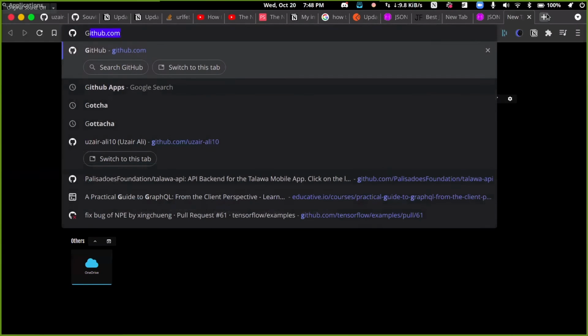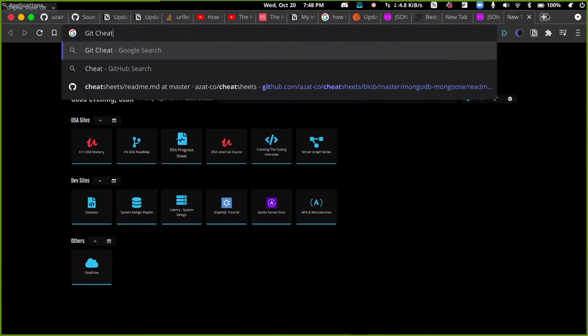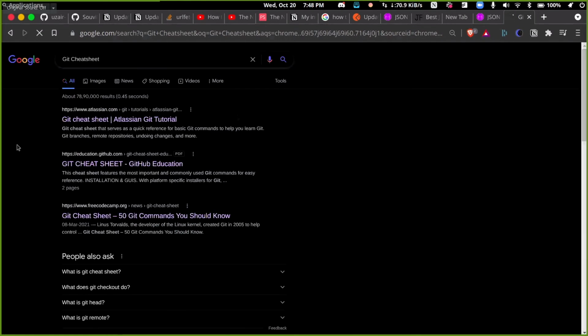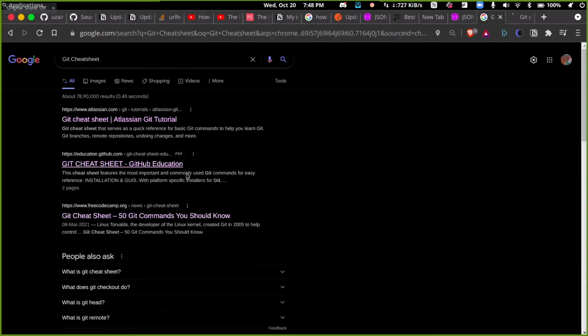Do not worry, it will take some time to learn all these commands. There's a good cheat sheet by Atlassian, I believe, and by GitHub Education as well.